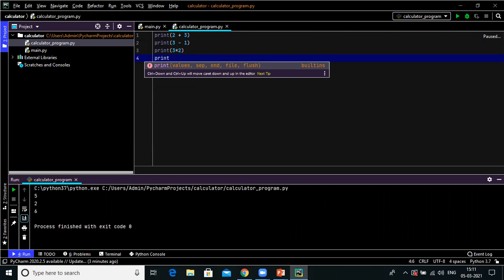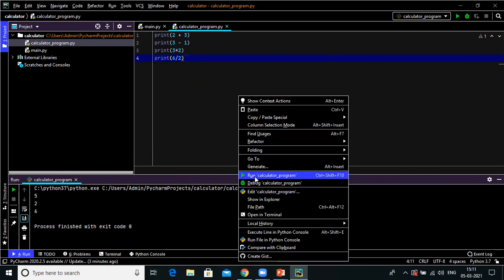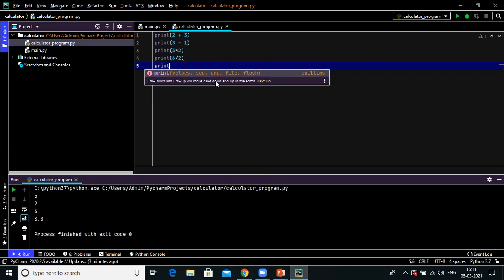Now see, for this, print into bracket, I want 6 divided by 2. 6 divided by 2 and see what happened over here. Just run my program and see 3.0, answer is in a floating point. Now see what happened after over here.